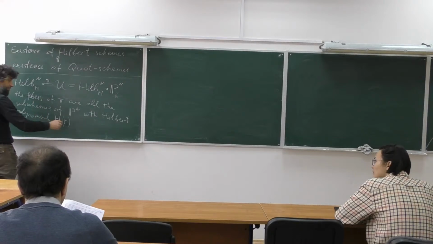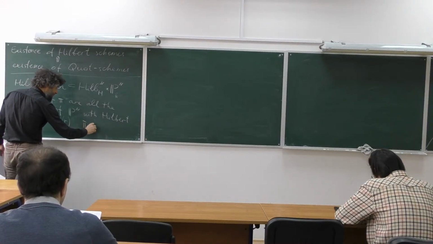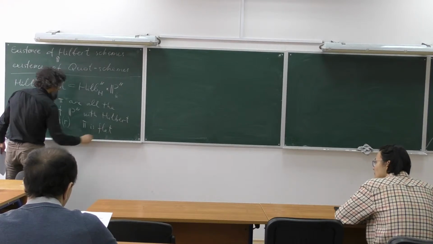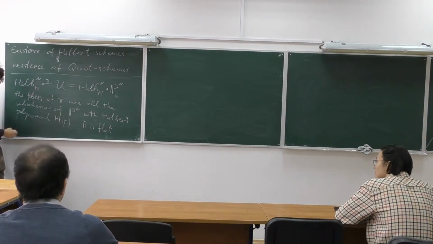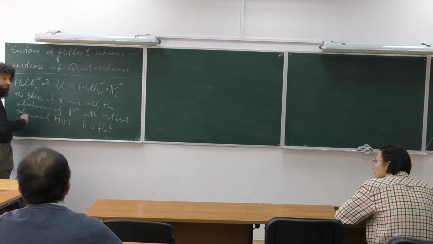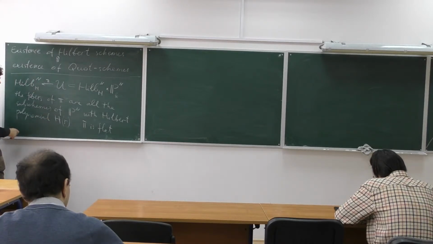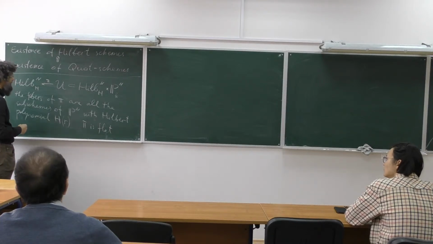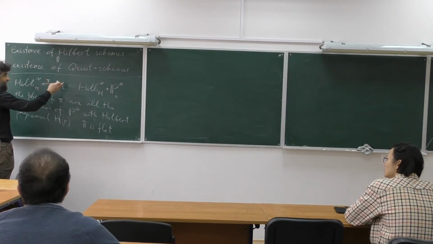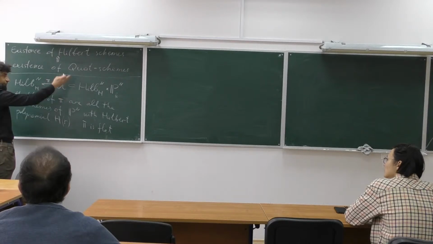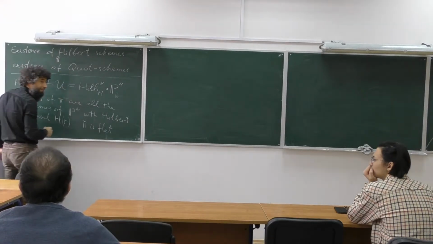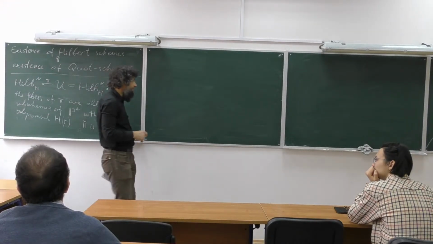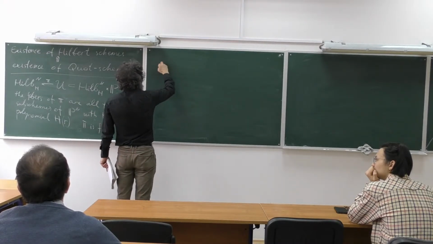Okay, so also pi is flat. So it is a universal family, the universal family of all the possible subschemes with given Hilbert polynomial. Okay, and that's what we are trying to prove. But I explained last time that it follows from the existence of Quot scheme, and for the Quot scheme we are given